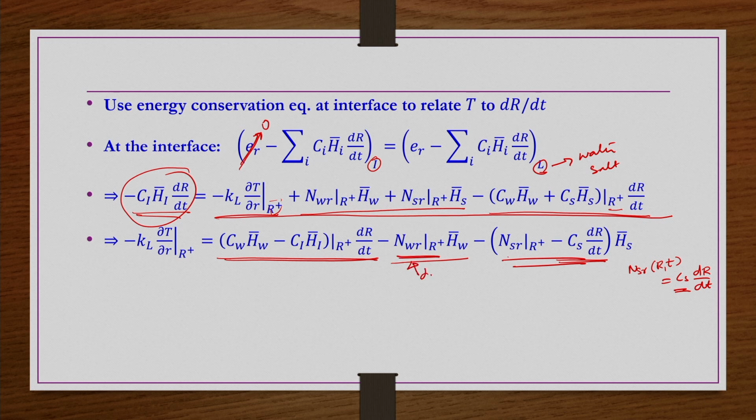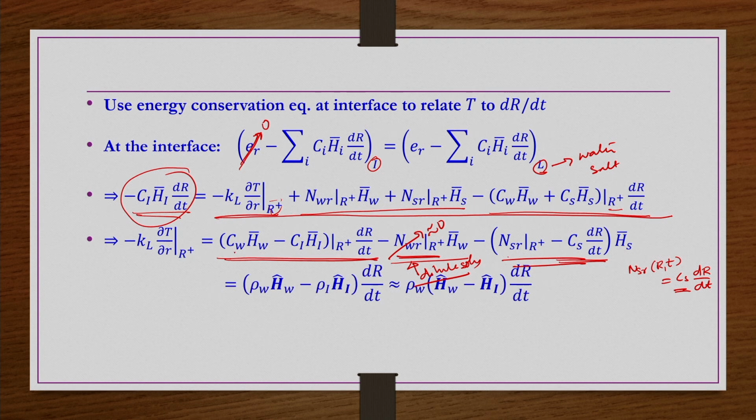And then, it is a dilute solution. So, the flux of water would be negligible. The flux of salt would be higher, but the flux of water would be very negligible, because it is a dilute solution, right. Again, the concentrations C_W and C_i are not known, but rho_W and rho_i are known. So, we write the enthalpies also per unit mass. These remaining two terms are anyway 0. So, the densities are also equal to each other.